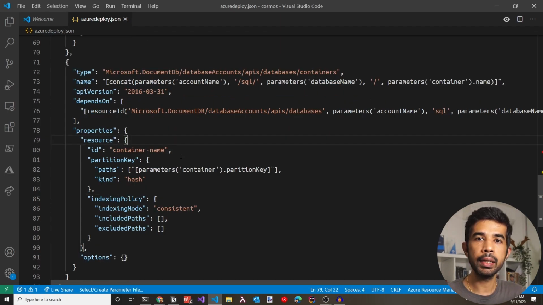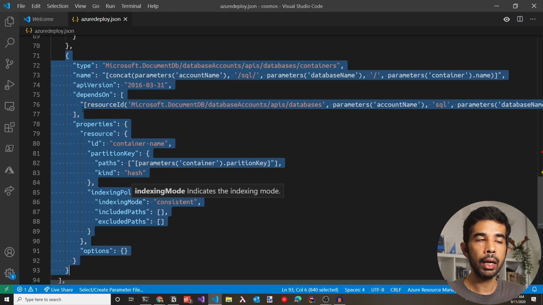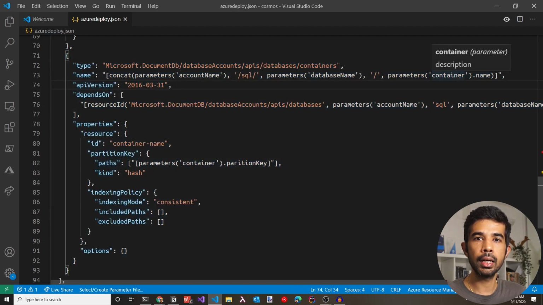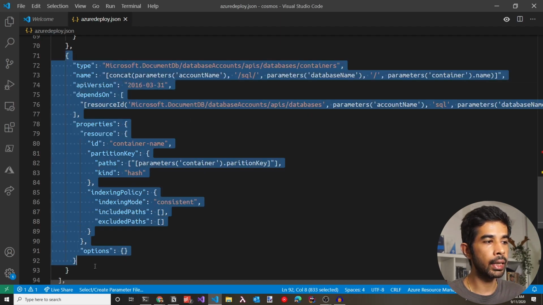When building applications, you often need more than one container. However, in this, we are only creating one container with this parameter. We could start duplicating this container section and add more parameters for the new containers that you create. But that becomes a bit repetitive. So what we ideally want is to specify the container as a list of container objects. And then we can iterate this template section using those objects inside that. So let's see how we can do that.